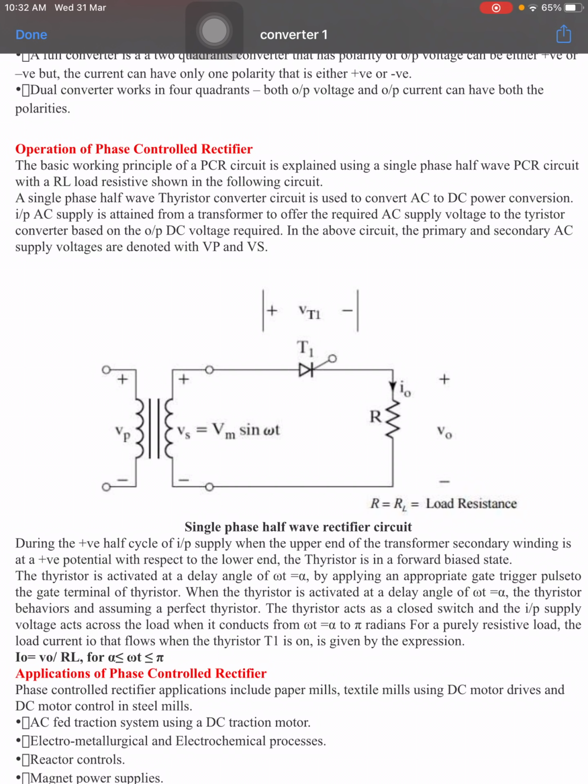Case 1: when positive voltage is applied to thyristor T1, T1 is in the on state, then Vt1 is equal to 0, V0 is equal to Vs. Case 2: when thyristor T1 is in the off condition, Vt1 is equal to Vs, V0 is equal to 0. That is the condition. Here omega t is alpha, and alpha is the firing